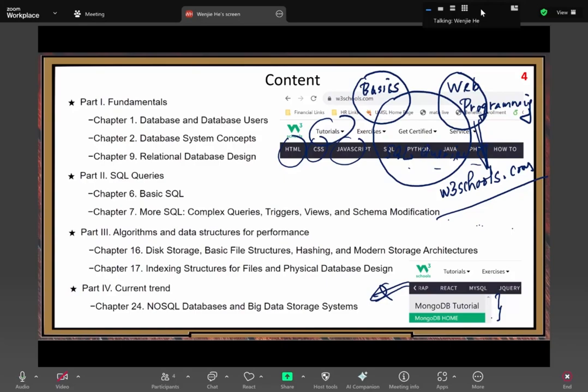Although not too much, you need to have some related background knowledge before you can understand the non-traditional databases. I will try to prepare you, get you ready to understand